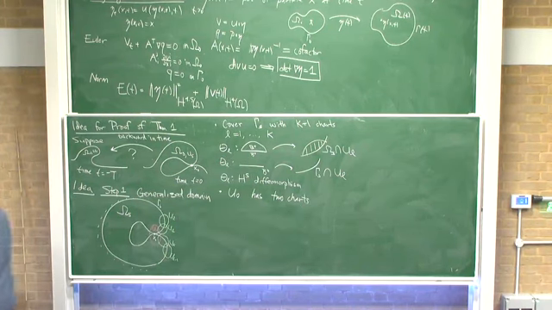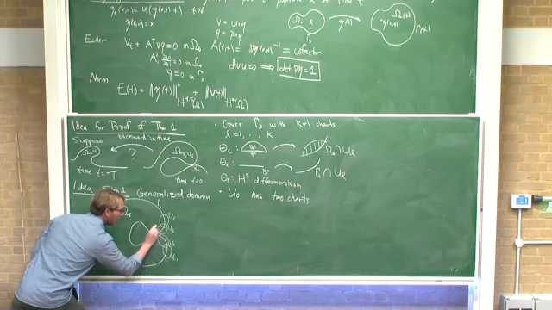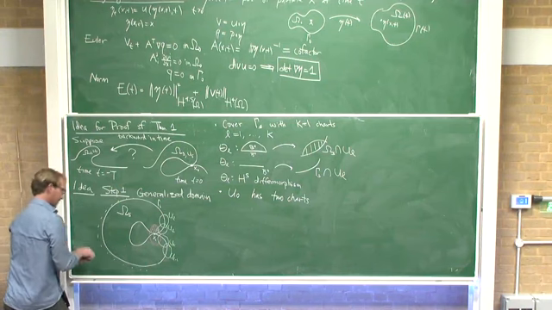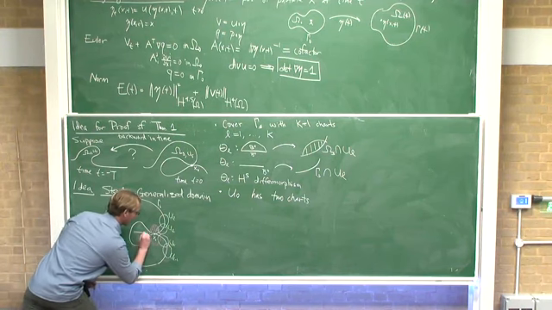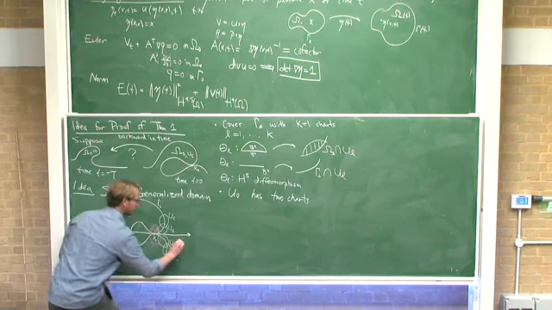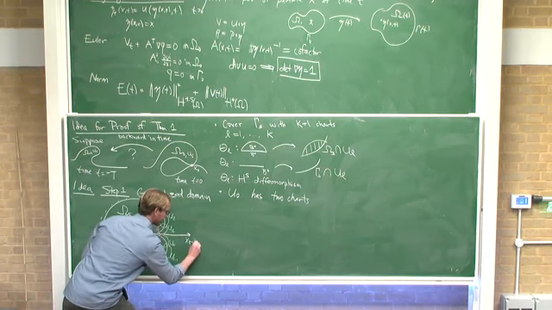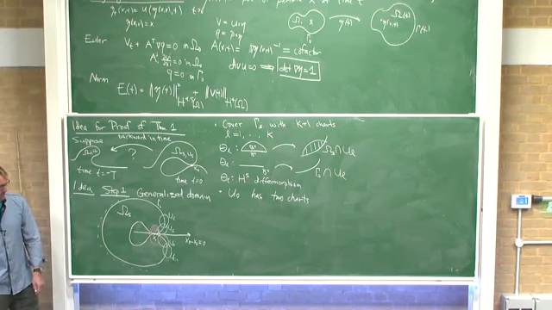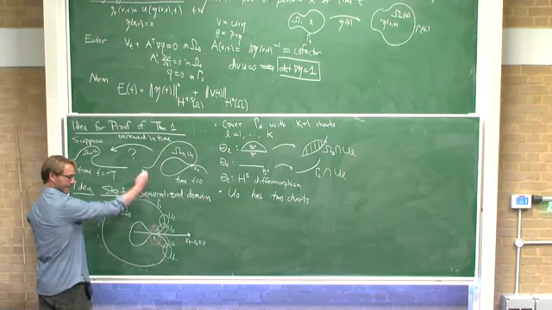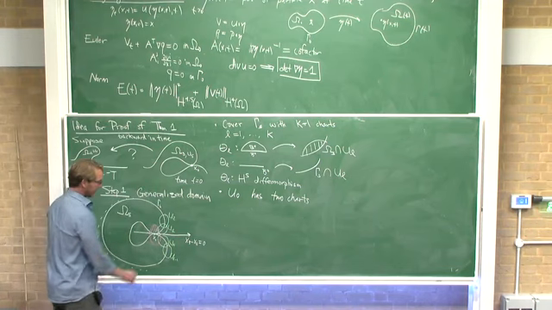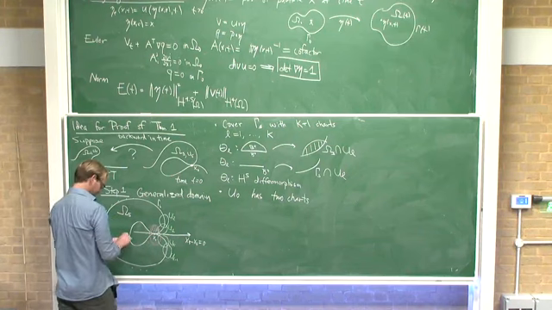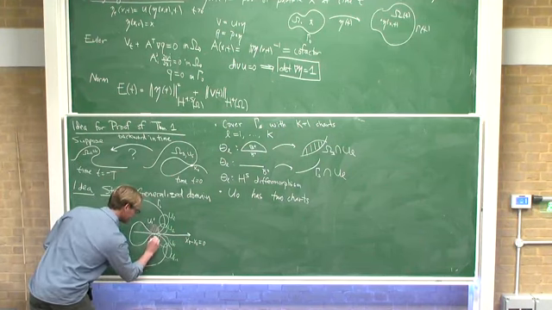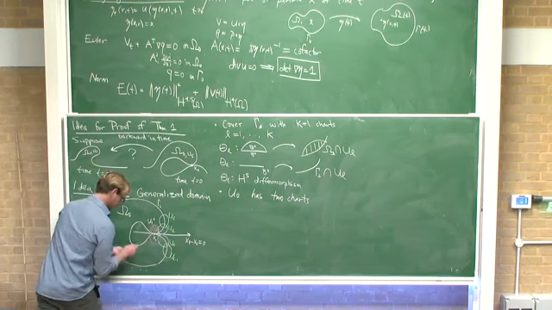So I'll split this. I'll assume without loss of generality that this is the axis x3 minus x0 equaling 0. So this is x3. And I'll split it into this piece here, which is u0 plus, and this piece here,